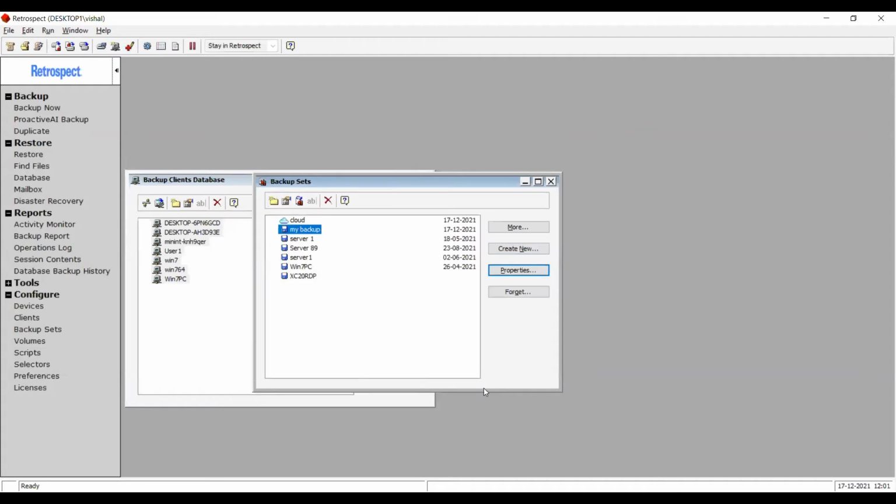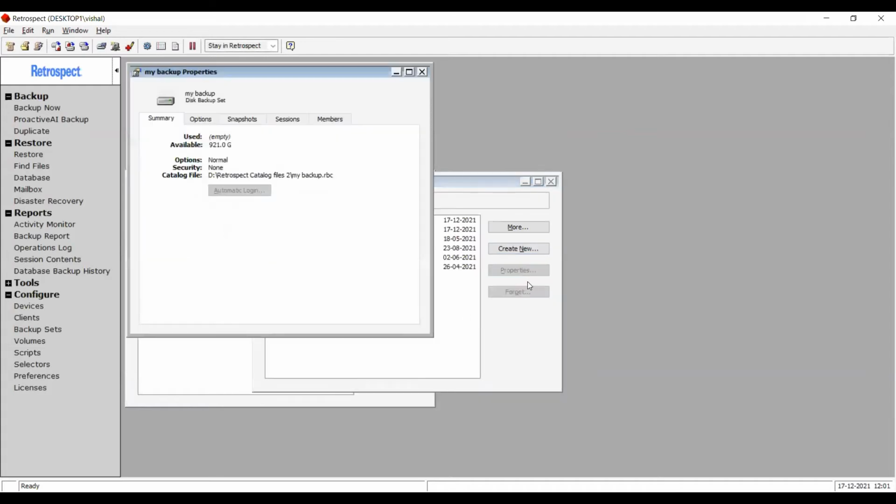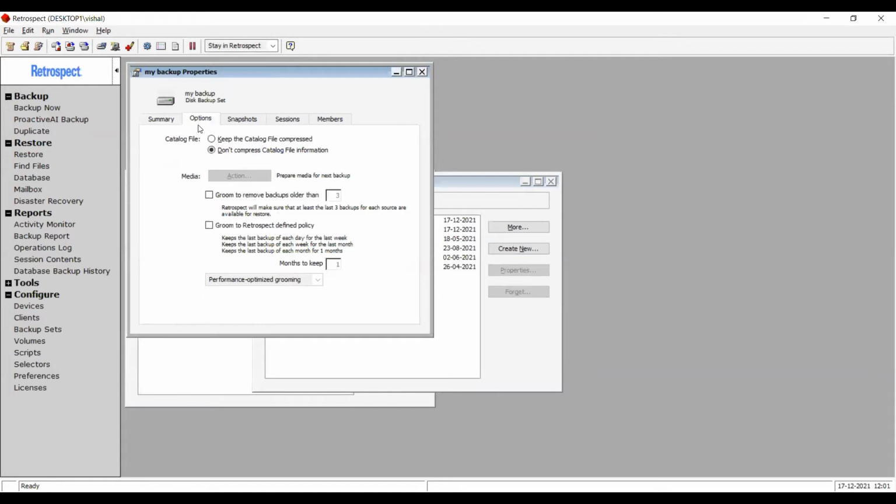We will finish creating the backup set. We will go to the backup set properties, and then we have a summary tab which shows us where the catalog file is saved, how much of the space of that backup set is used, how much is available. And to answer your question, here is where you can set up the grooming option. And how it works is that if you are setting up the middle option, keep 3 backups, then when the first full backup happens, there will be 2 incremental backups. But with the recent snapshots, it means that the most recent 3 snapshots will be kept.